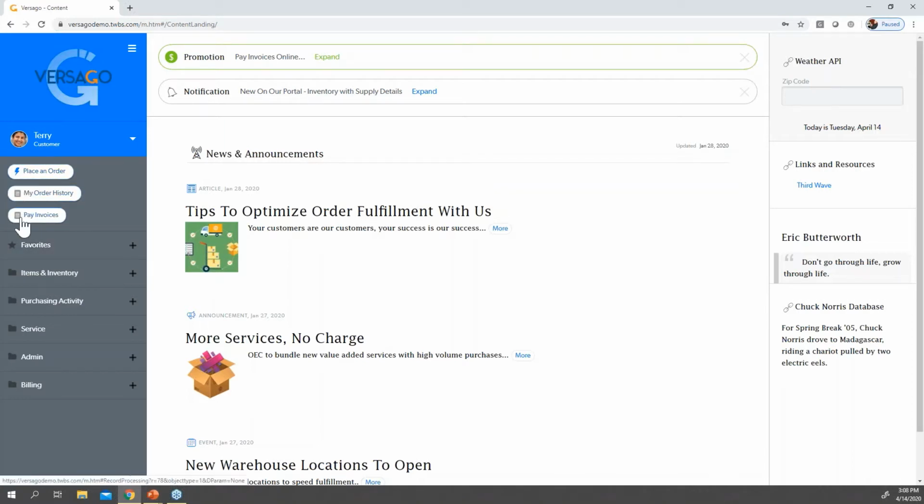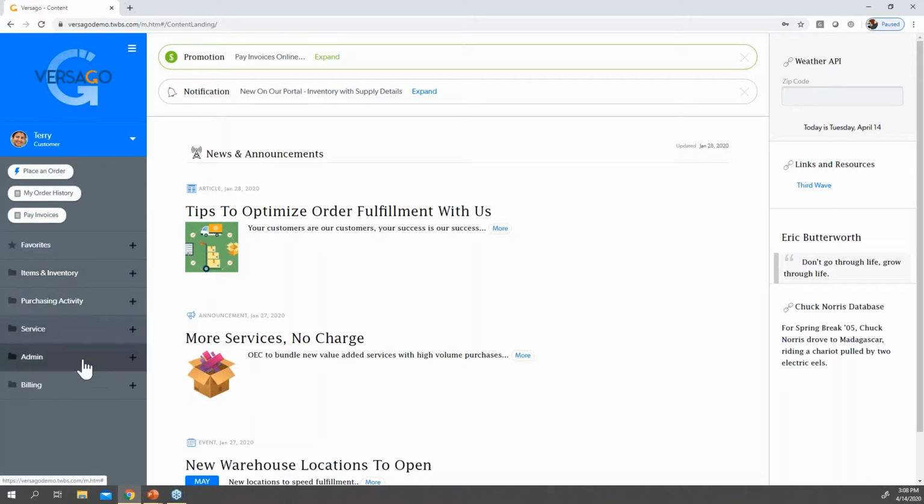Now, the next thing that a customer can do is a couple of these favorites here, and it's important to note that these favorites are really kind of determined based off of the role that the user's logged in as. So you can see that we can direct the customer into what it is that we want them to do by setting these favorites here, and you'll see that the favorites will change depending on the user.